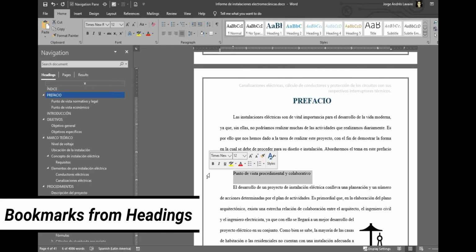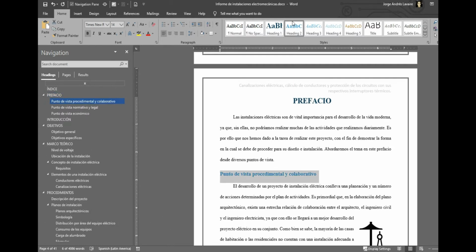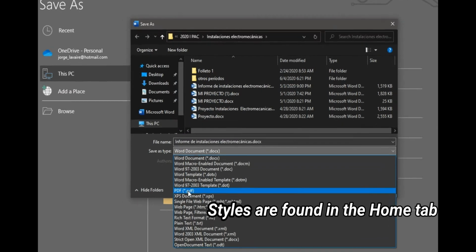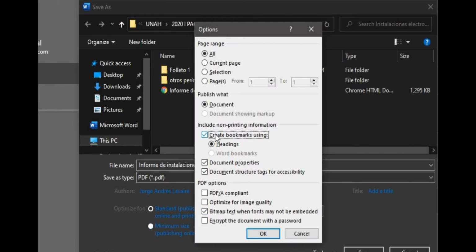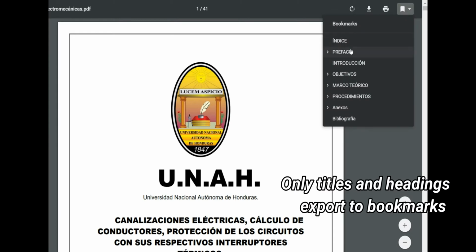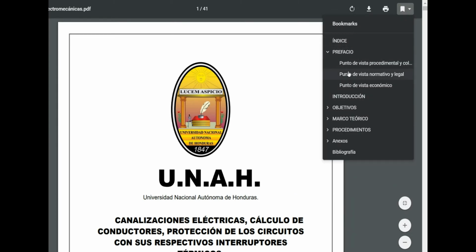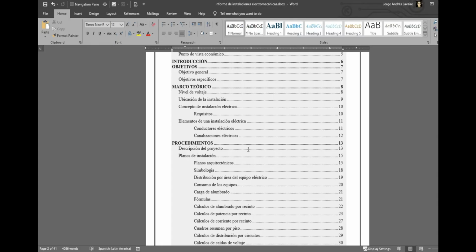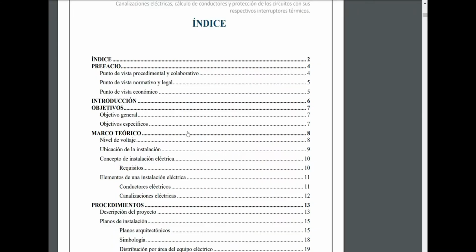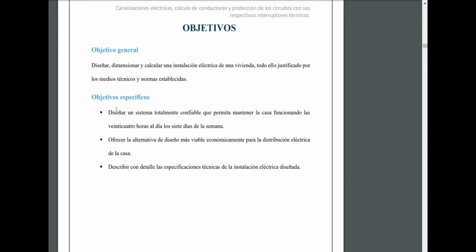If you already use styles in your document for aesthetic reasons, you'll love this even more. You can export your heading styles to automatically create bookmarks with it. This creates bookmarks in the same way your Word table of contents does. By the way, table of contents have hyperlinks in each line for quick access to them in your file. Conveniently, Word exports these hyperlinks too.